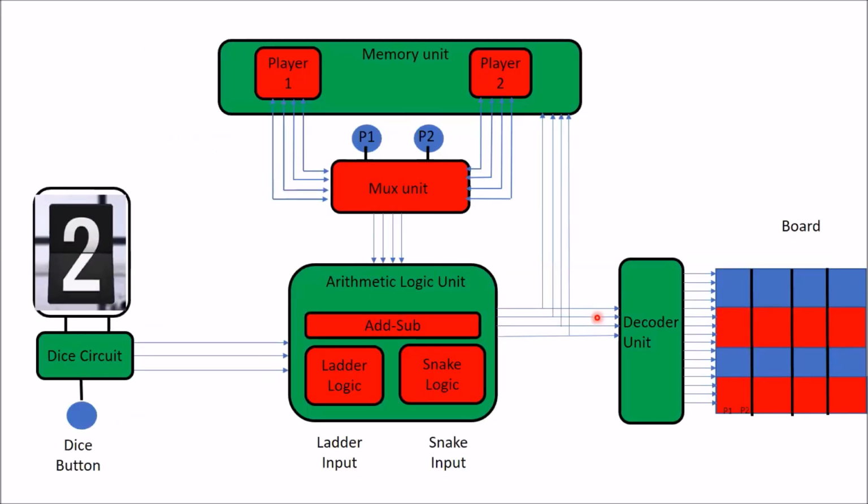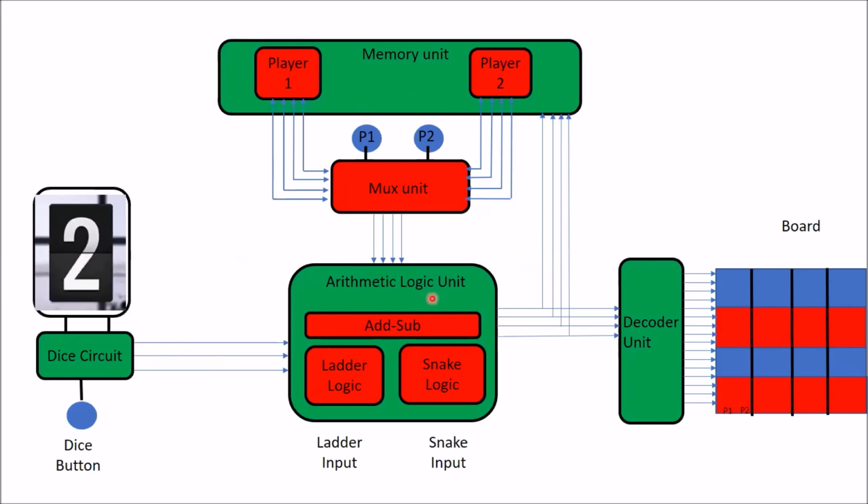So let us check the description of the project. I have made an architecture of the project, which will describe how to play this game and what to do. In our whole project, you will see blue buttons, which means they are turned off, and the green notation is the activation of a particular circuit. The memory unit is active, but these memory blocks are inactive. The mux unit is inactive.